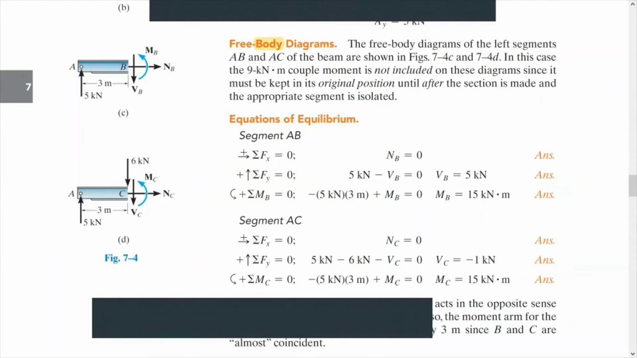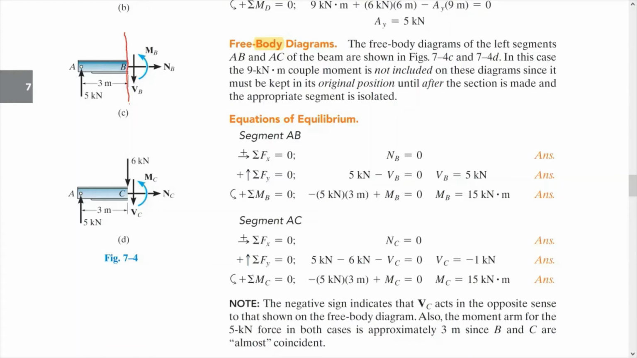So let's take the first imaginary cross section. We made a cross section at point B, and point B is before the 6 kilonewton load, meaning before the 6 kilonewton force. It's not going to be in here. Of course Ay, we got it, 5 kilonewton. Right now, this is the normal force,